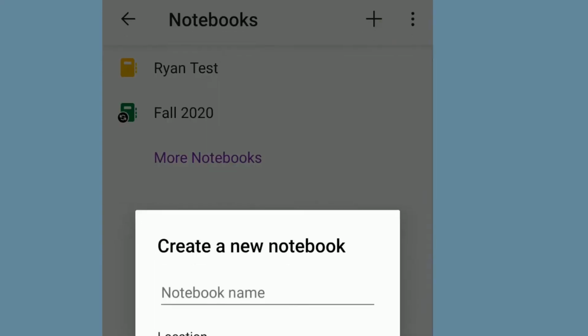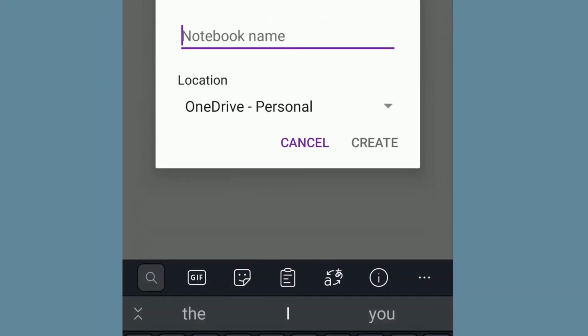So in my case, the way that I chose to set up my notes was to have one notebook that covered the entire fall semester with a different section for each class. But what you can also do, depending on how you like to organize things, is you can make a notebook for each different class. So if I wanted to do that, we'll just tap the little plus sign there at the top and we'll make a new notebook.